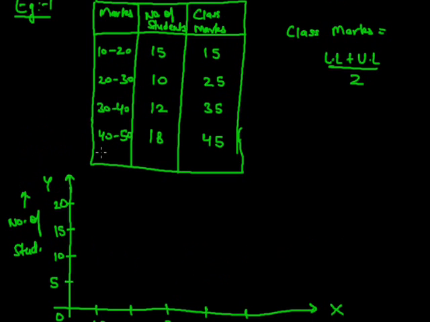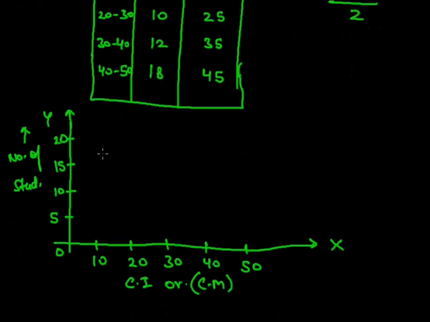Now for class mark 15, the number of students is 15. As we know, 15 will come between 10 to 20, and the number of students is 15, so accordingly we will take a point between 10 to 20 at 15. Now the second class mark is 25, and the number of students is 10. So 25 will come between 20 to 30, and accordingly we will take 10 here. Then the next point is 35 and 12: 35 between 30 to 40 and 12 just above 10. And accordingly 45 and 18. In this way we need to take the points, and now we will join these points